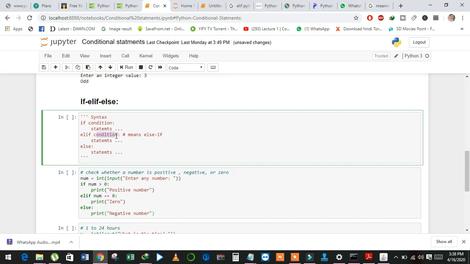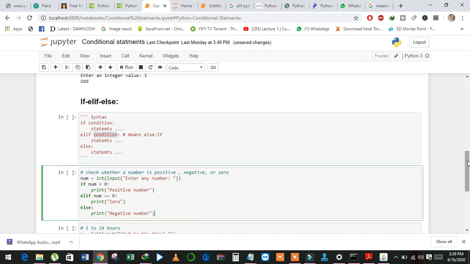The difference with if else is, if the condition is true, then execute the if part, but if the condition is false, then execute the else part. But elif means else if. After else we can again check a condition, and then after the condition execute the statements.